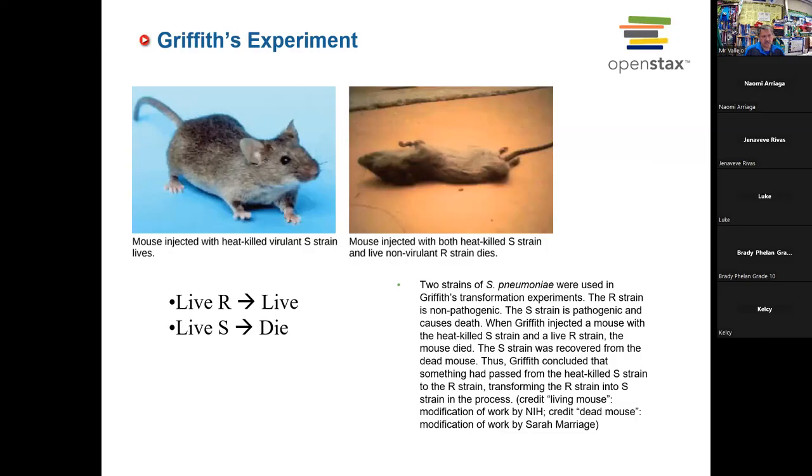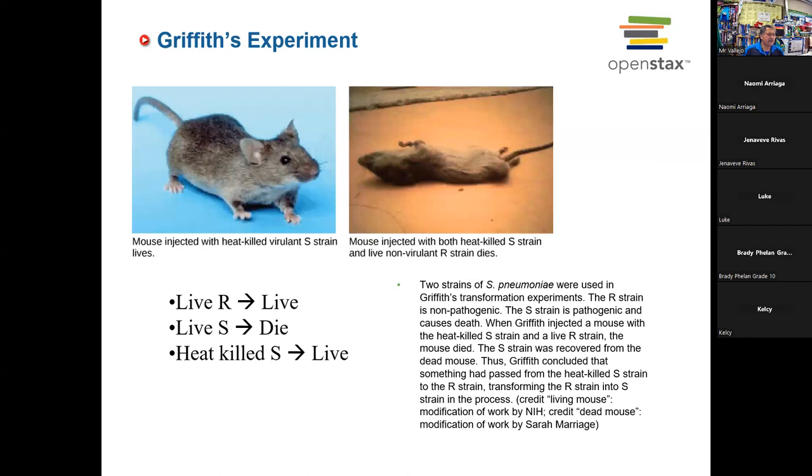So we need to do that to make sure that was actually the case, like you see in the mouse on the photograph on the right. That mouse was injected with the S strain, but actually, if you read the inset underneath the photo, it says a mouse injected with both heat-killed S strain and live non-virulent R strain dies. Well,